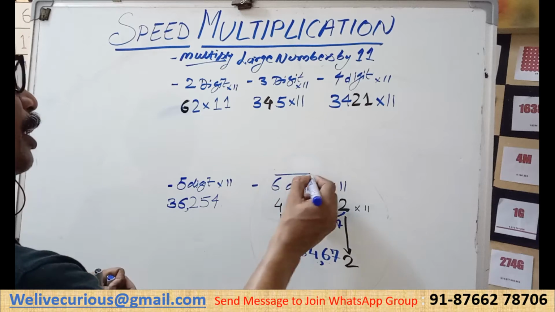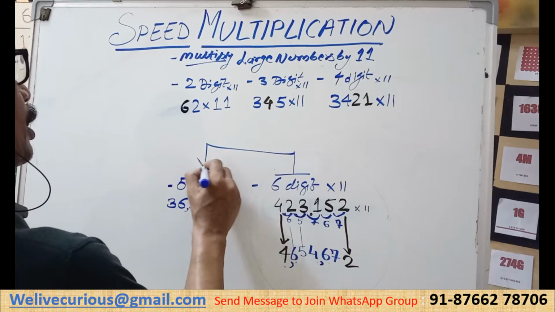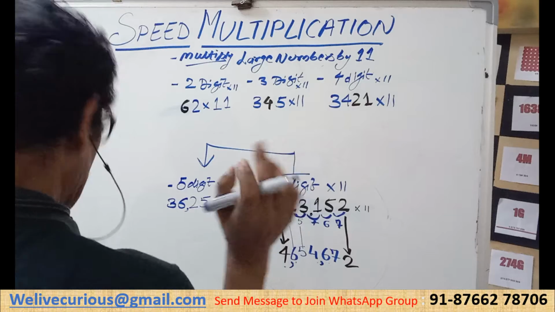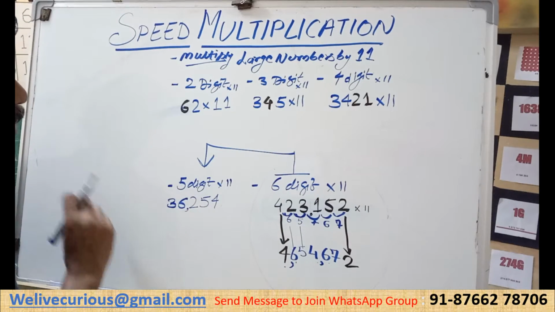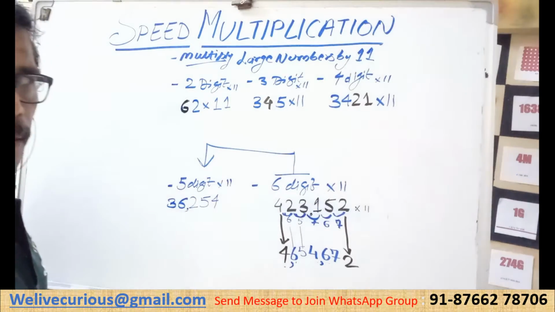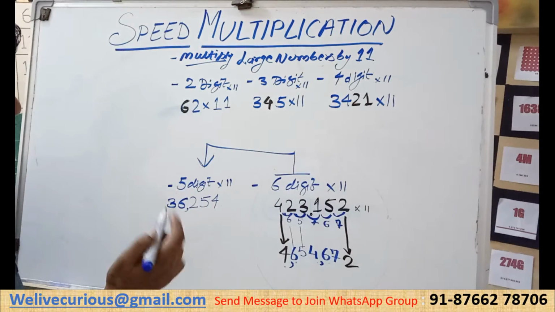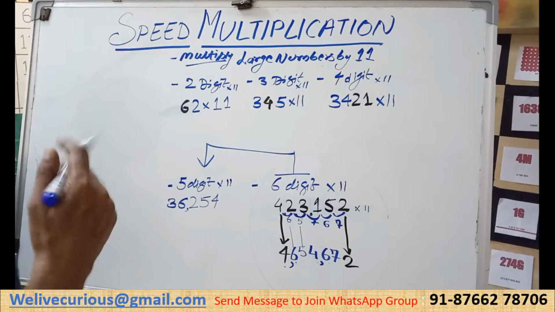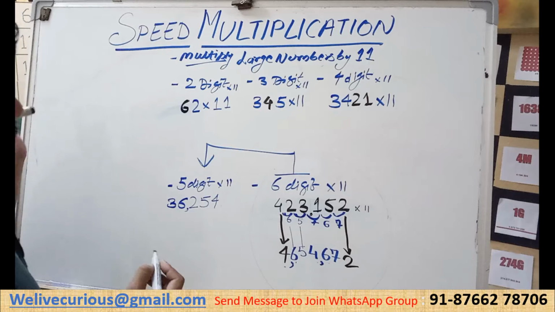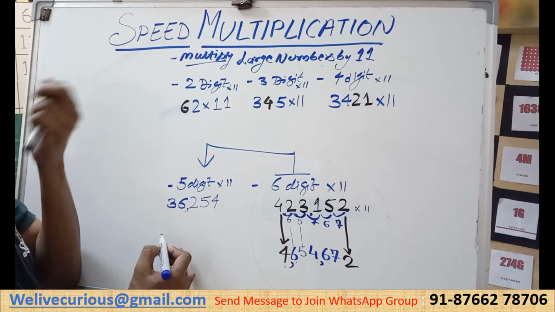We tried 6 digits. Can we replicate the same method in 5 digits? Then I am sold. Yes. Let us try. Without doing anything, you should be able to spell out the number one by one, starting from left to right. You can straight away say 3.